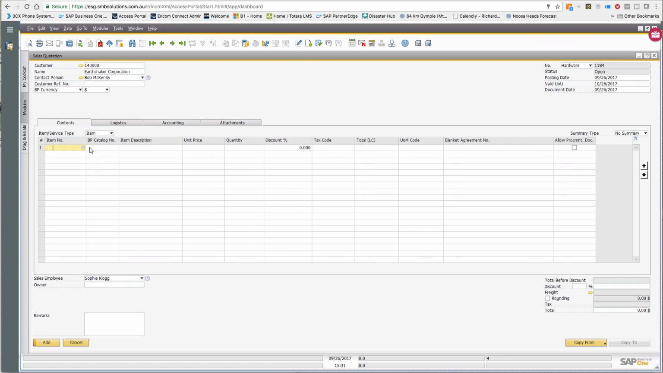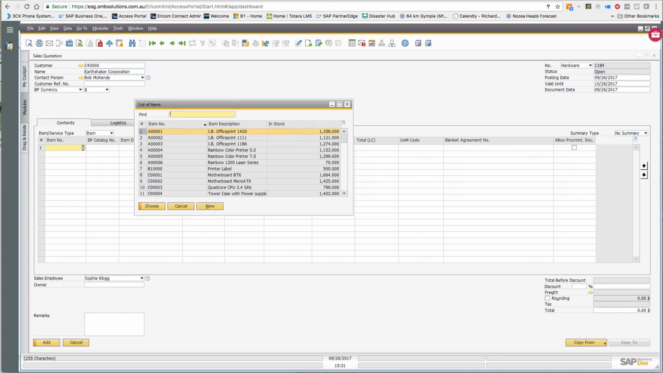So I'm going to go and find my item. Again, I've got my lookup, and remember, you can do a search on any one of these columns that's in this screen. Now, when you start typing, it's going to be searching through the column that currently has the sort value. So you see right now I'm sorting on the item number. So if I start typing J.B,